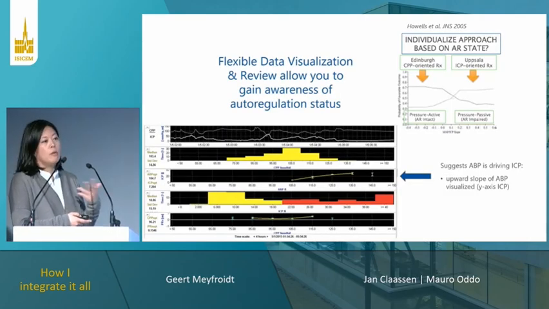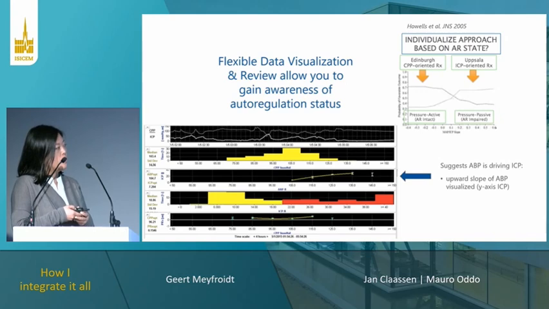Now if you were to look at your own monitoring at the bedside, how do you do that? I would focus your attention on this one here, where on the x-axis is mean arterial pressure, and on the y-axis is ICP. This suggests that the higher your ABP, the higher your ICP. So could your ABP be driving your ICP? Is this a pressure-passive state? And you look down here, it's only 4 hours of data. As this moves on, you have 4 hours more of data, and you can see how your actions affect your physiology. You can derive some hypotheses about what's happening, where is my patient in this sort of